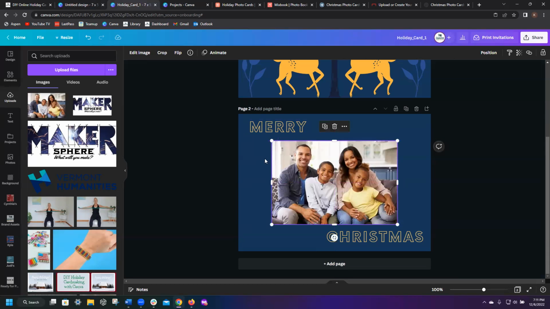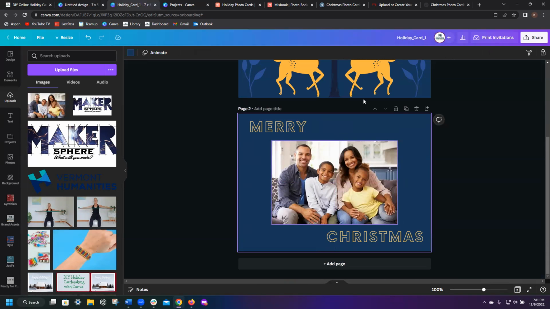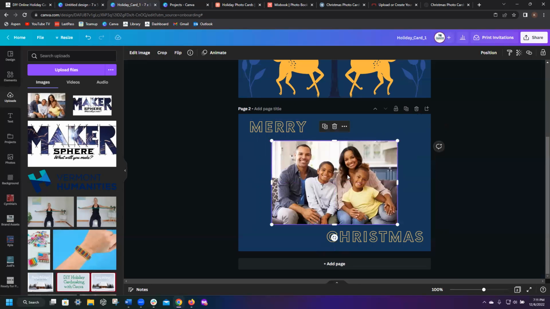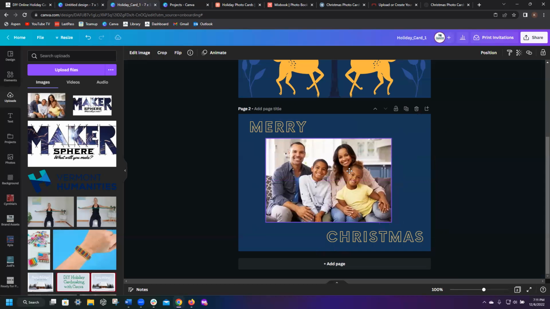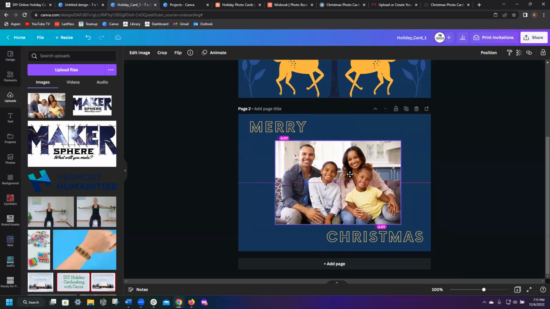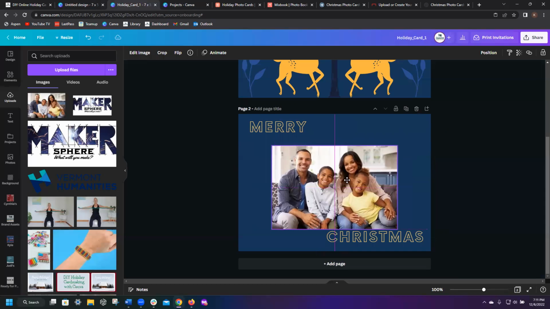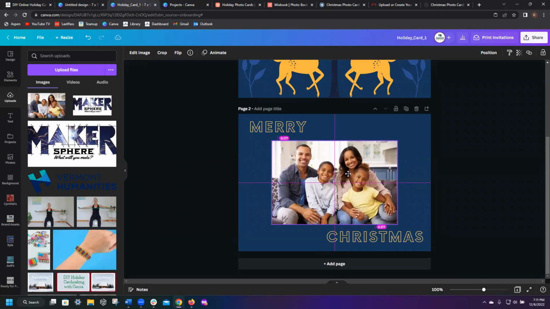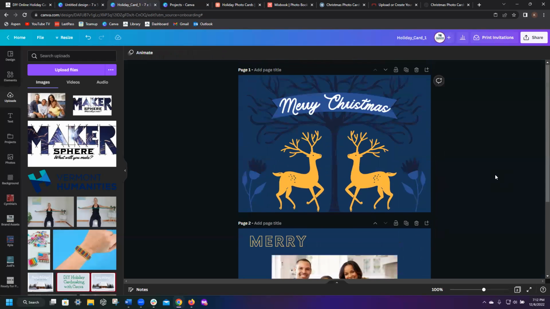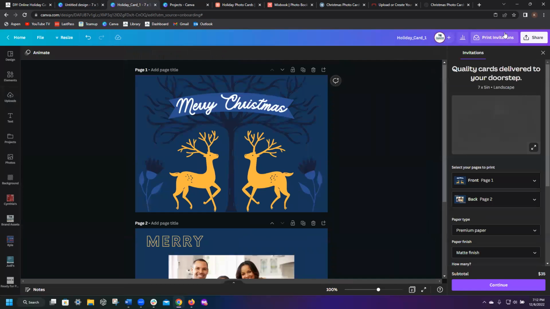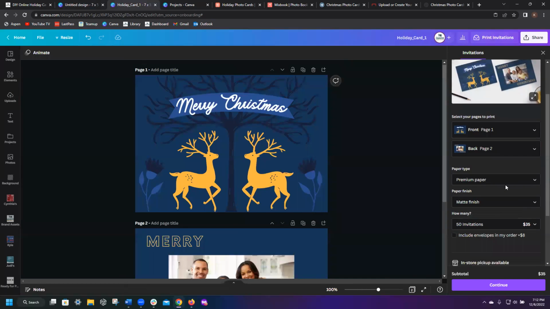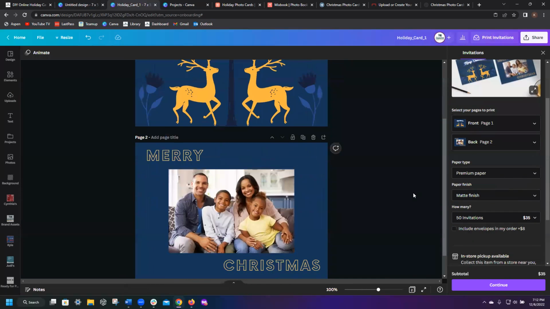So if you're using these kind of technologies and you want to make sure you can center an image or text or anything, if you just grab it and drag it, these lines will tell you when you're in the middle, there and there. So basically that's saying that's the middle. So for example, this could be a front and back page card,